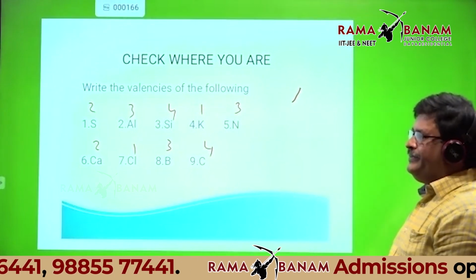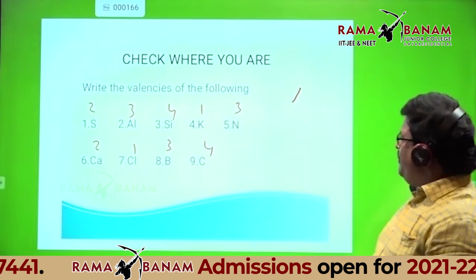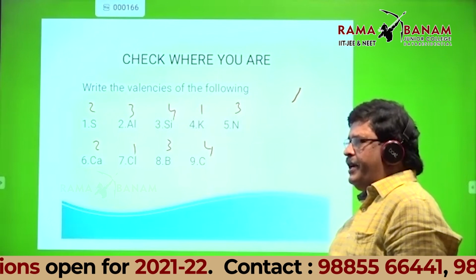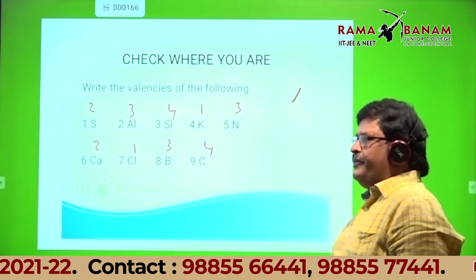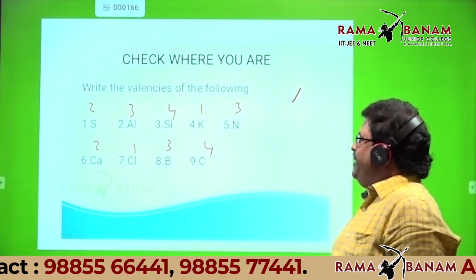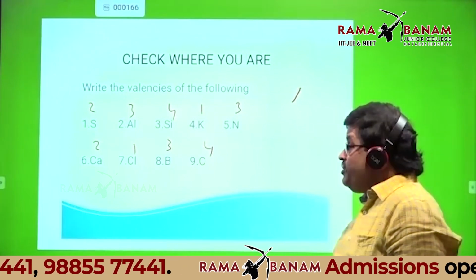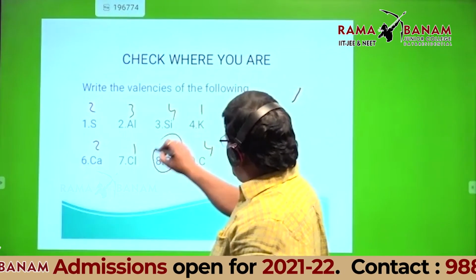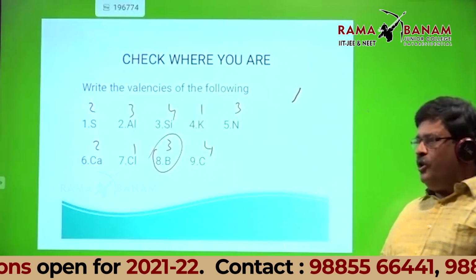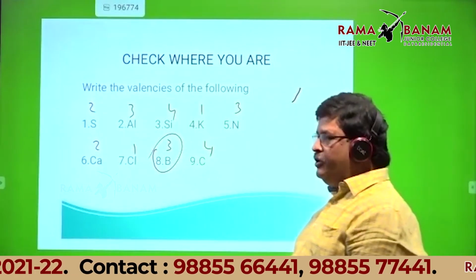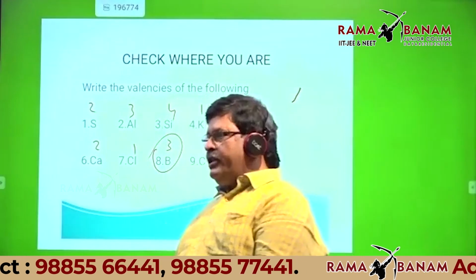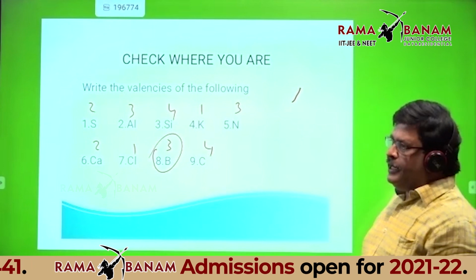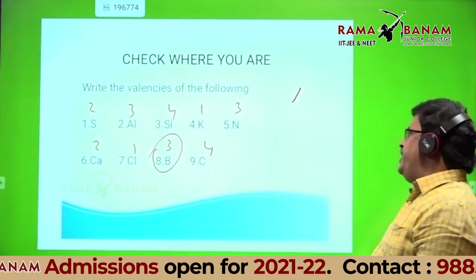How many are correct for you, Ronit? Sir, 8. Out of 9, you told 8 are correct. Which one is wrong? One is 4, 3. Yeah, you told 4, 3. Then 2 are wrong for you. You told it is 4, 3, and now you told 1 is incorrect. If it is 4, 3, 2 should be correct. 2, sir. Excellent.